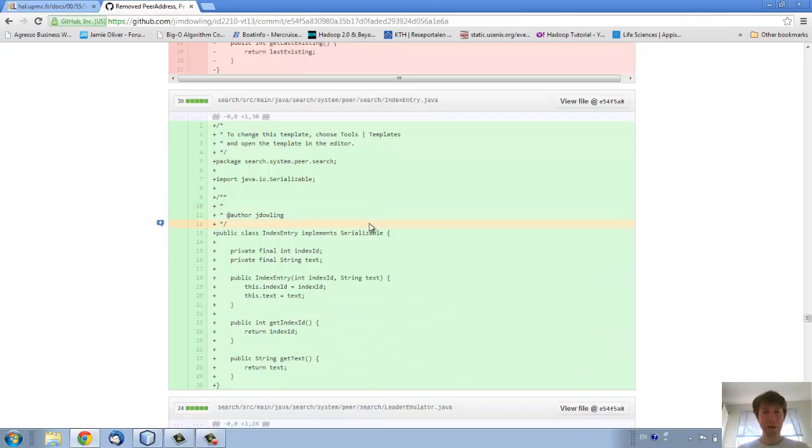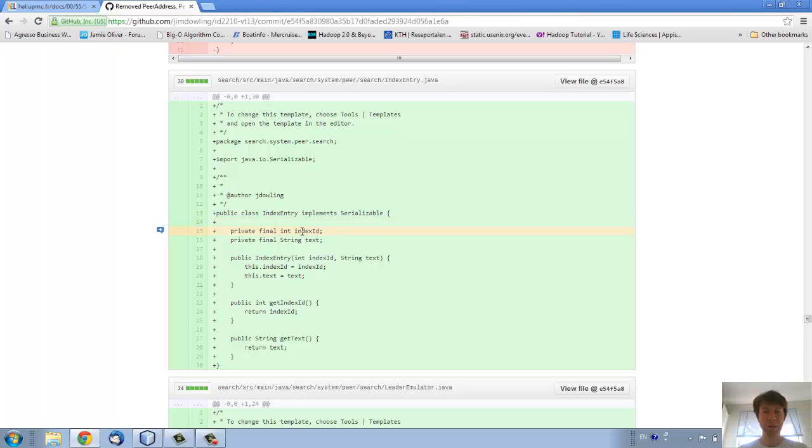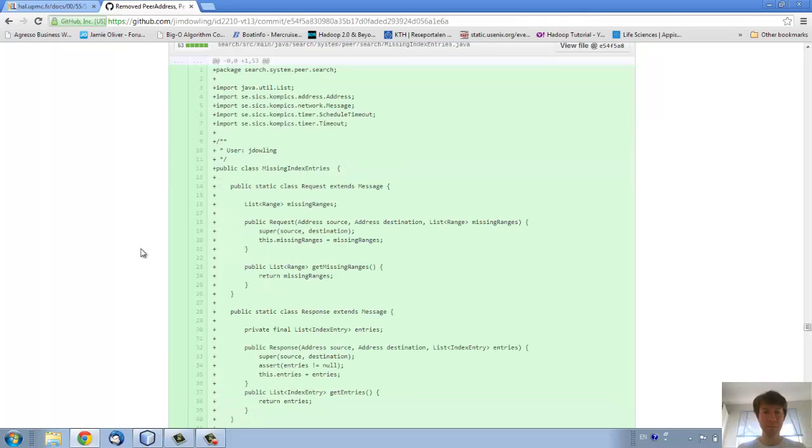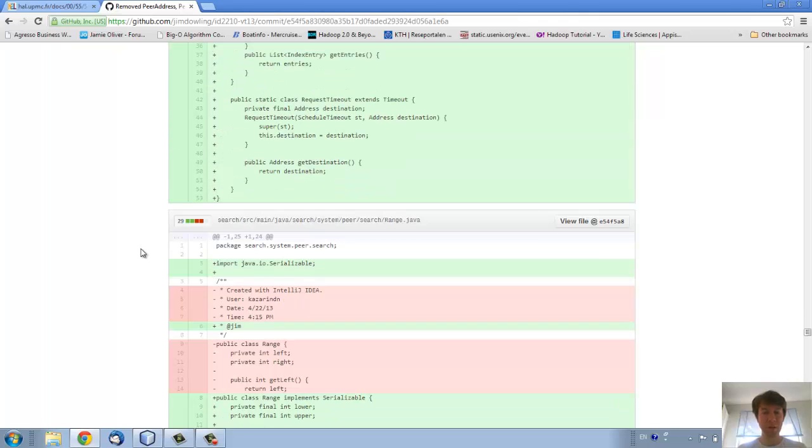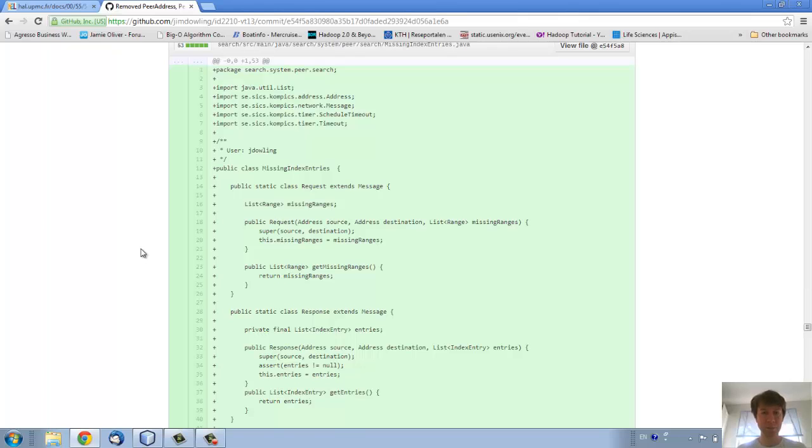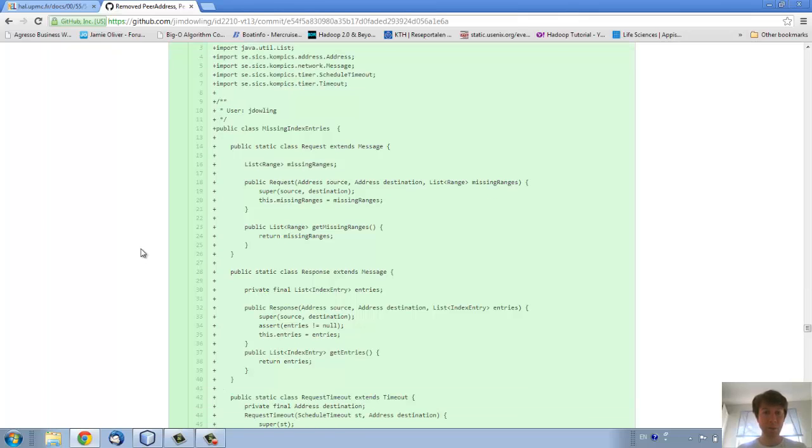Okay, yeah. So to support range queries, we made some changes. Yes, we changed the index ID from being a string to being an int. So now we have a representation of an index entry as being an index ID, and then the actual text for searching on the values. So missing index entries is a way of asking your neighbors from the search component, please send me any missing